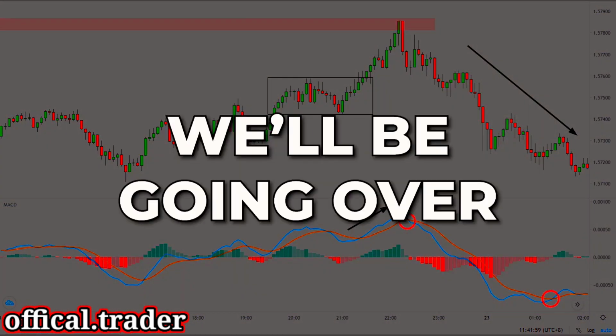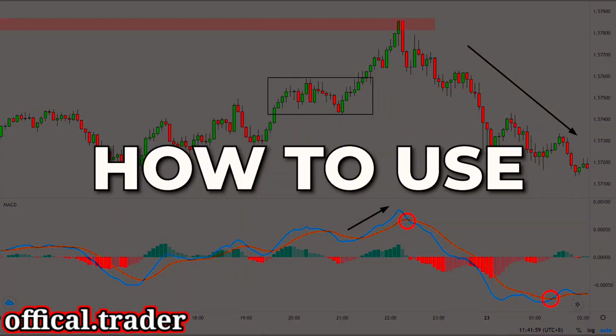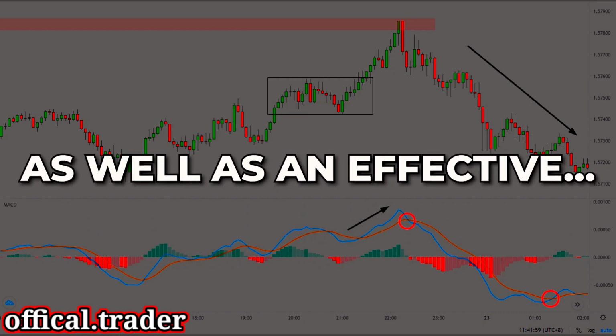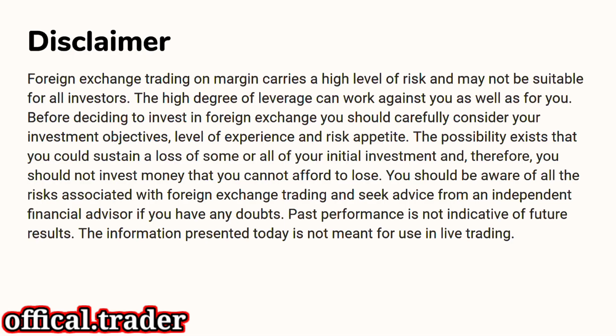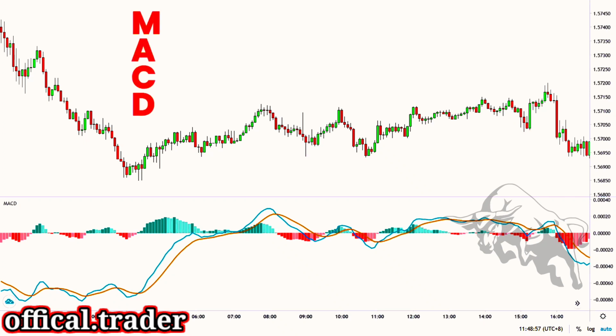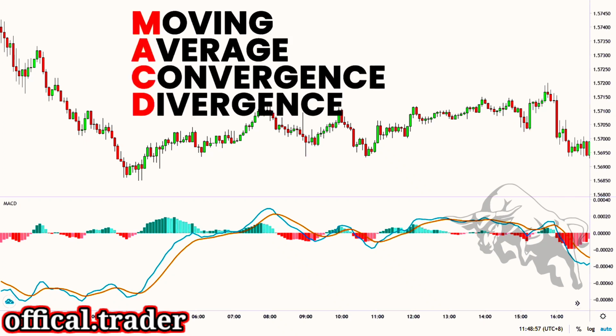Hey traders, today we'll be going over exactly how to use the MACD indicator as well as an effective MACD trading strategy. Let's get into it. The MACD, which stands for Moving Average Convergence Divergence, is a very popular momentum indicator used by traders all over